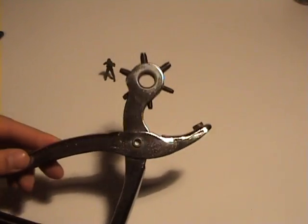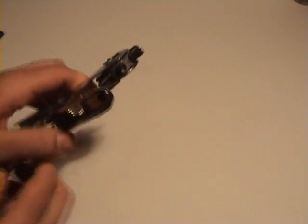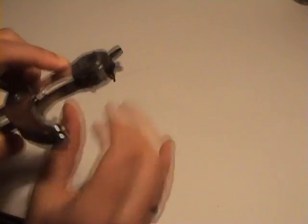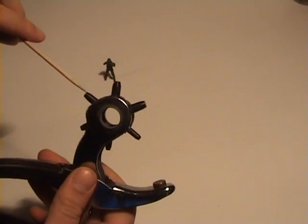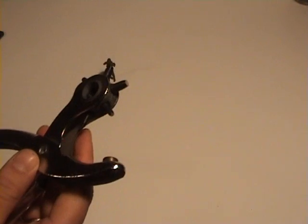Another way to do it is with a tool like this. It's basically a punch, a hole punch. The problem with this tool is that these things always clog up with the parts you want to build your model, because this tool is originally built to make holes and not to make the positive part of the punching process that we want to use as a rivet. To get around this problem, you have to find some way to push the stuff out. This is already so clogged up that I don't think I can